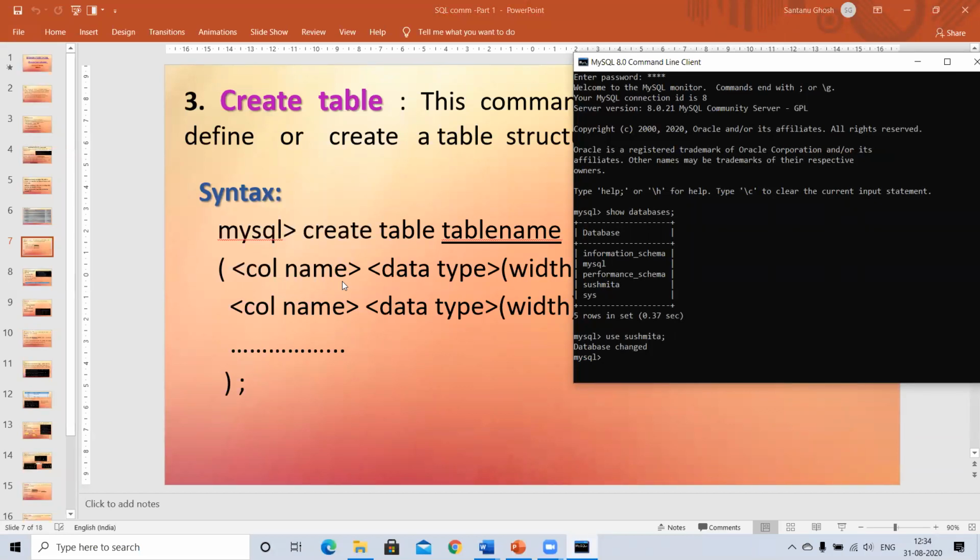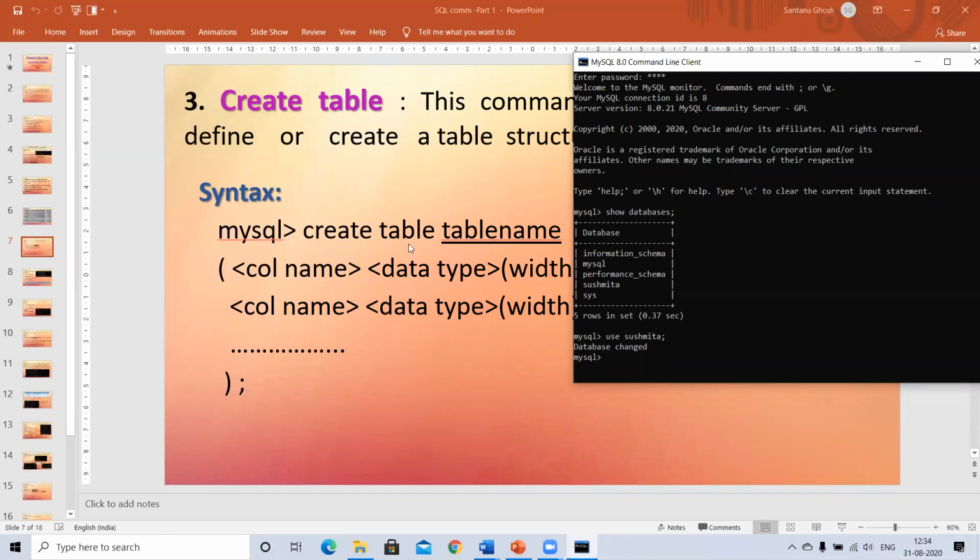Okay. These four things I'm trying to store in that table. So first, Urja will open a notebook or take out a sheet of paper, take a scale and a pencil, give the headings and make the structure. That's what we are trying to do first. That's the structure of the table.